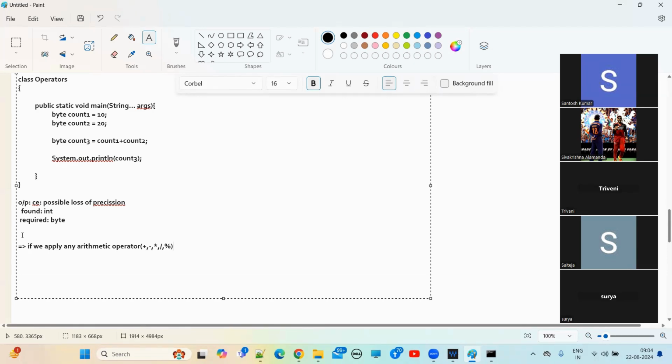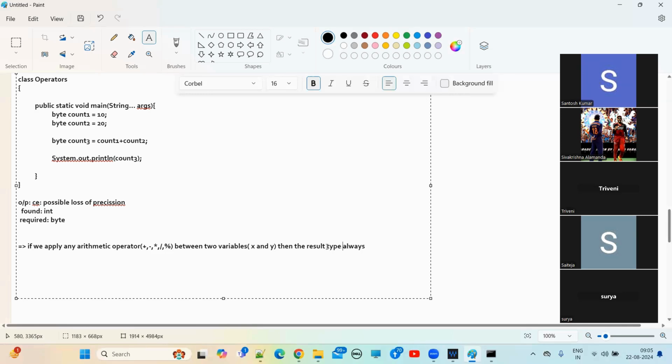If we apply any arithmetic operator between two variables, let's suppose the two variables are X and Y, and in between we apply one arithmetic operator, then the result type always should be